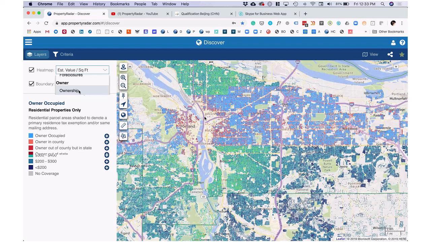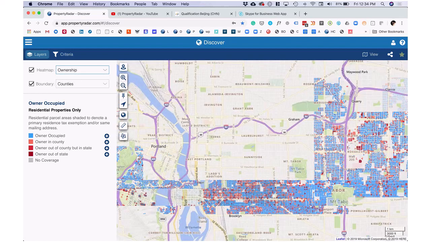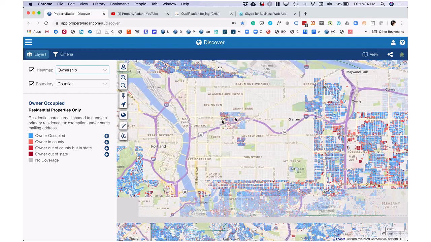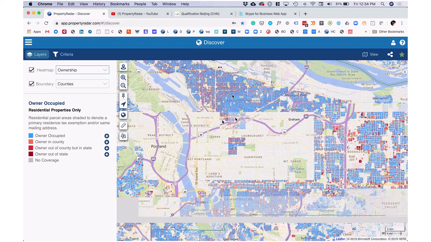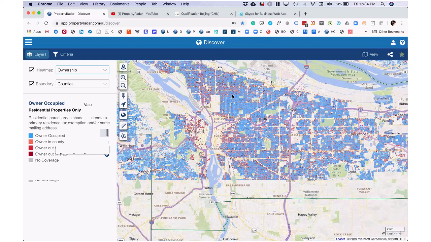Probably with Portland, in this area you've got much more density of rental properties, as opposed to some of these neighborhoods like in here where the ownership is really tight, and then start checking things out, like where's the turnover and the action in particular markets.